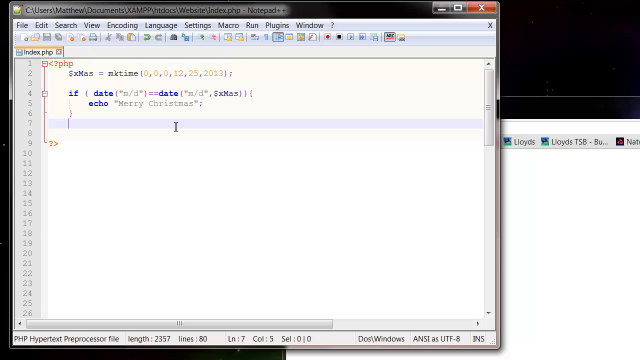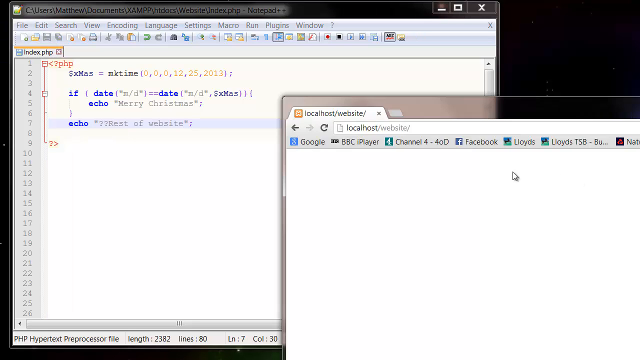So let's say we want it to just then carry on with our website. So down here, we just have the code for the rest of our website. So you could have it just say "rest of website". Make sure when you type it in, you put in loads of random punctuation. Refresh, and then it's just going to do the rest of the website. Obviously your website will probably be better than just saying "rest of the website",